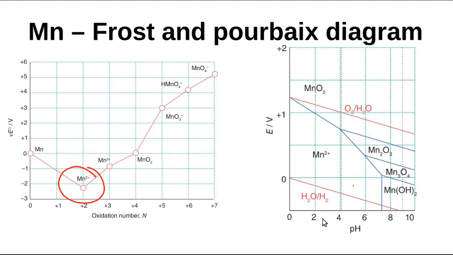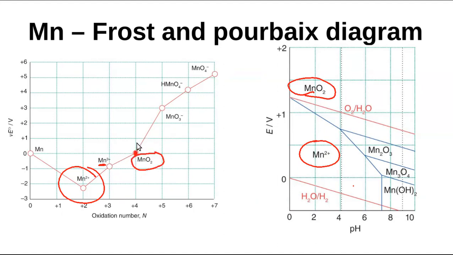Actually, manganese is quite non-noble and quite reactive. It's not common to have pure manganese metal, but manganese 2 plus seems to be stable. These are the same arguments that one can see. Manganese 3 plus, where is that in the Pourbaix diagram? I don't know. But manganese oxide is present both in the Pourbaix diagram and in the